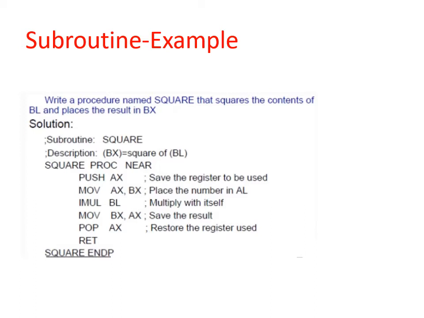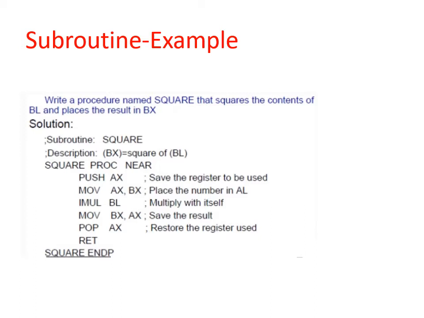You know that whatever operations we have to do by the ALU, it should be brought to the AX or accumulator register. We are supposed to get the number to square in the BX. It is there in BL. So we move that entire BL including BH, that is BX, into the accumulator. Then we write the IMUL command. IMUL stands for: whatever is the operand coming after that, it will be multiplied by itself. And the result will get saved in AX.